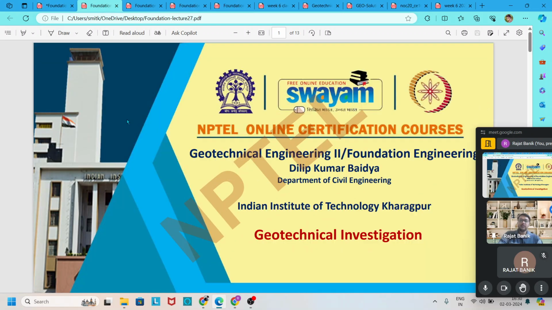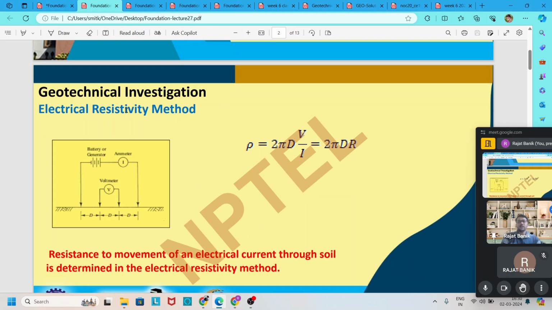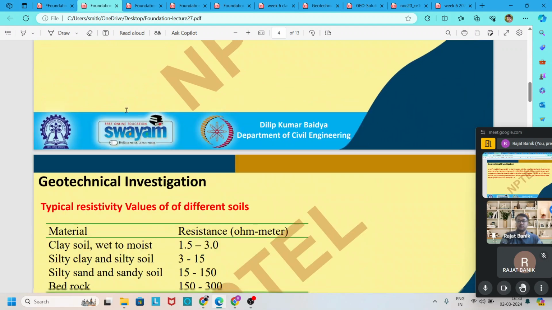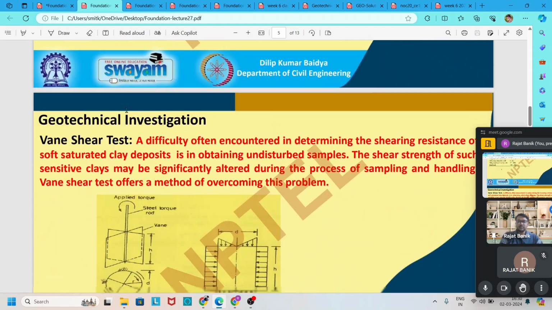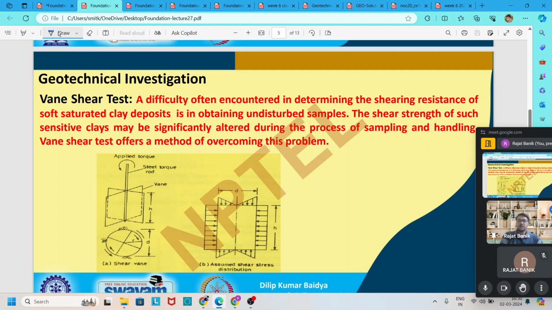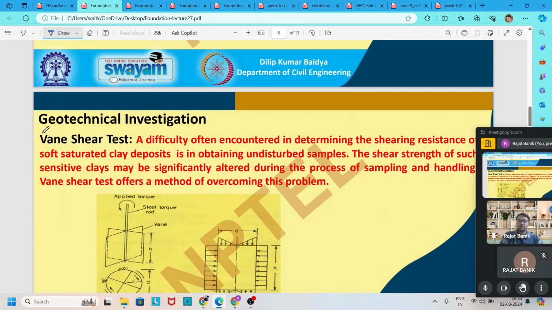Now moving to lecture number 27. It is the continuation of lecture 26. Here we see another type of geotechnical investigation method, which is called the vane shear method, and this